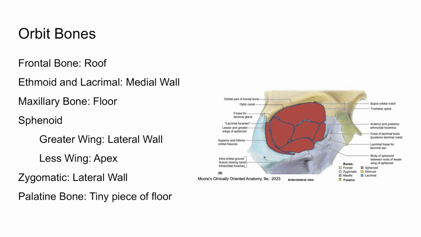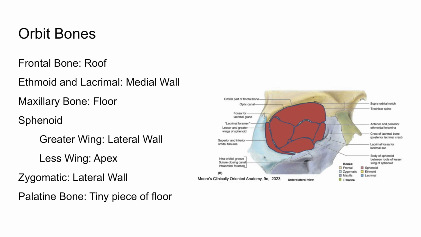So this is high yield because infections from the ethmoid sinus can easily spread into the orbit, leading to an eye infection. The lacrimal bone in this region houses the lacrimal sac, which is involved with tear drainage into the nasal cavity. Next, the floor of the orbit is formed mainly by the maxillary bone, and this is